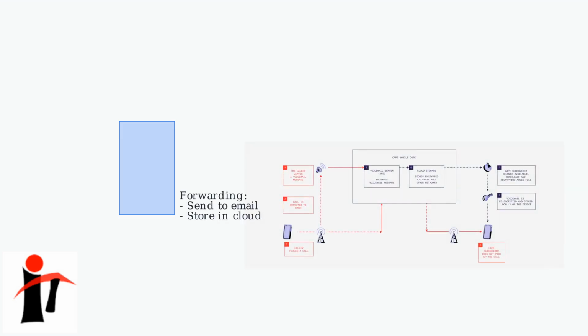Visual voicemail is evolving with AI integration, which includes spam filtering and smart summaries to prioritize urgent calls. You can also forward voicemails to email or cloud storage,